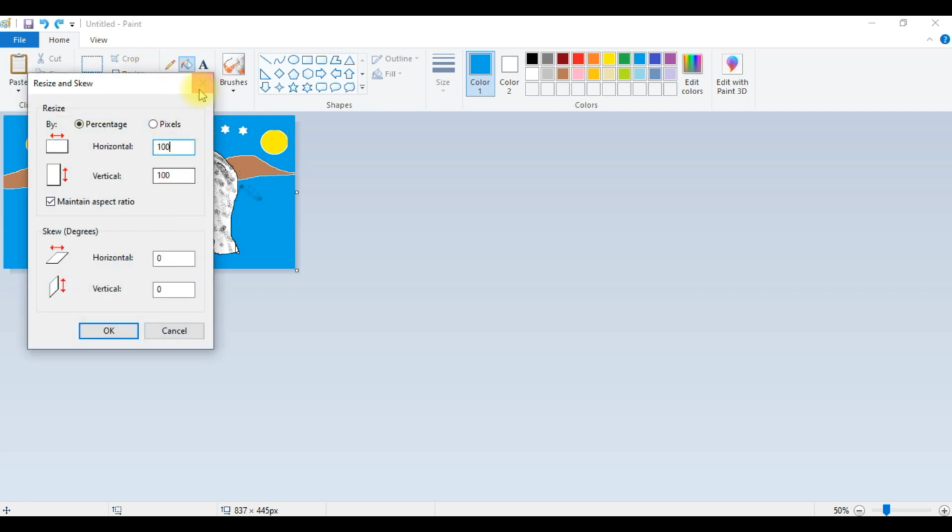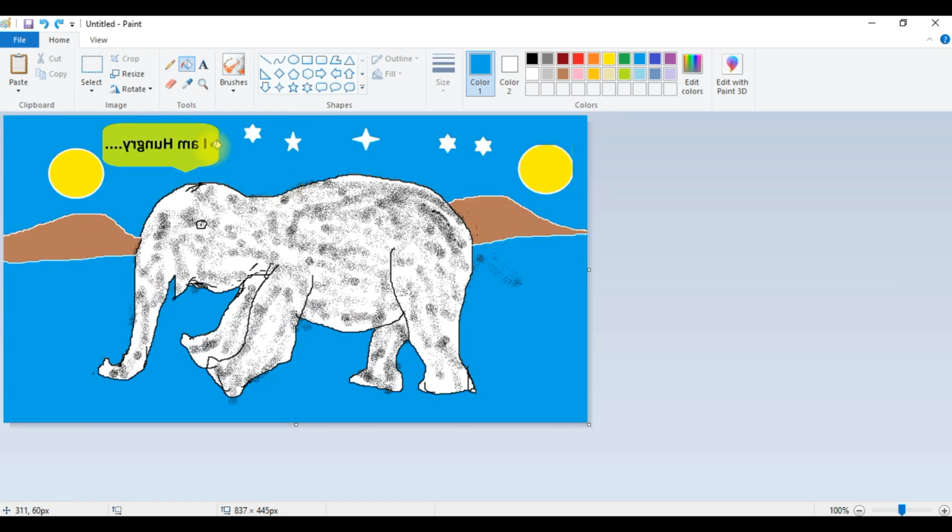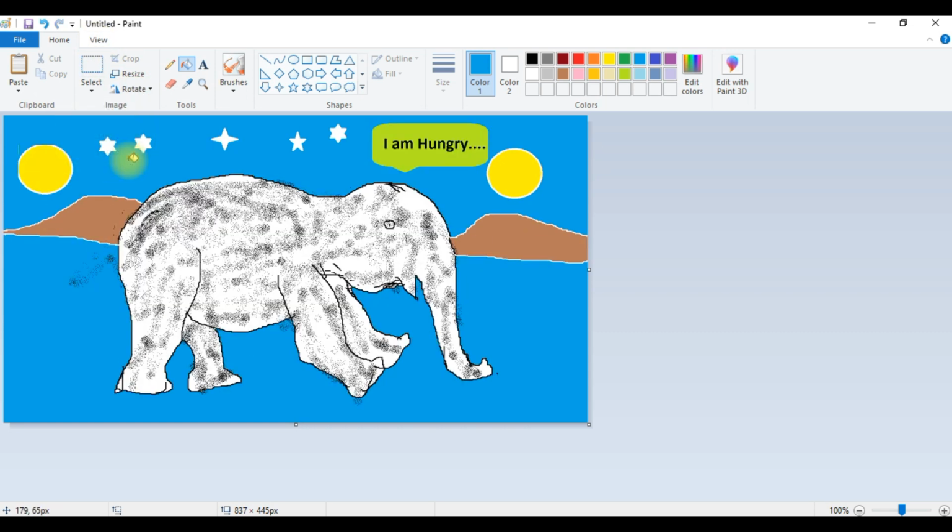Resize to 100. That's it. Let me flip it again. Okay, it came back to normal. So these are the tools we can use while drawing.